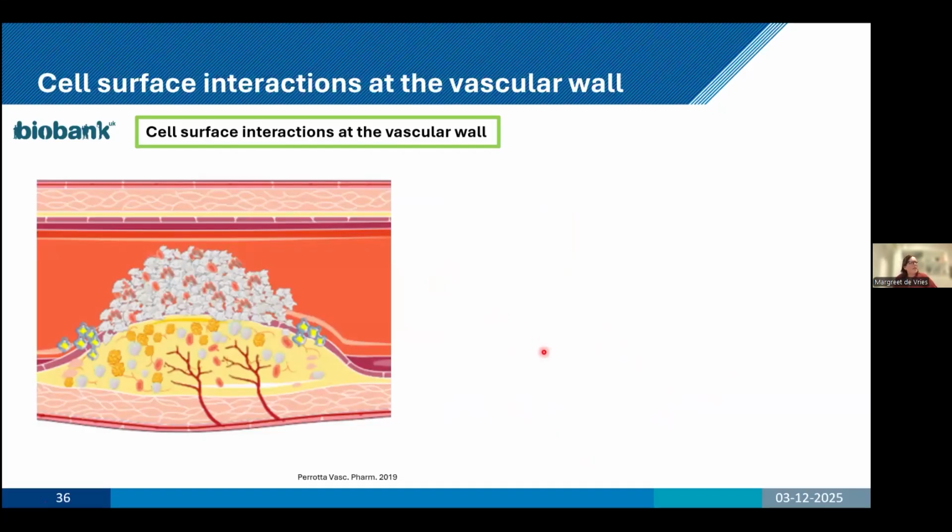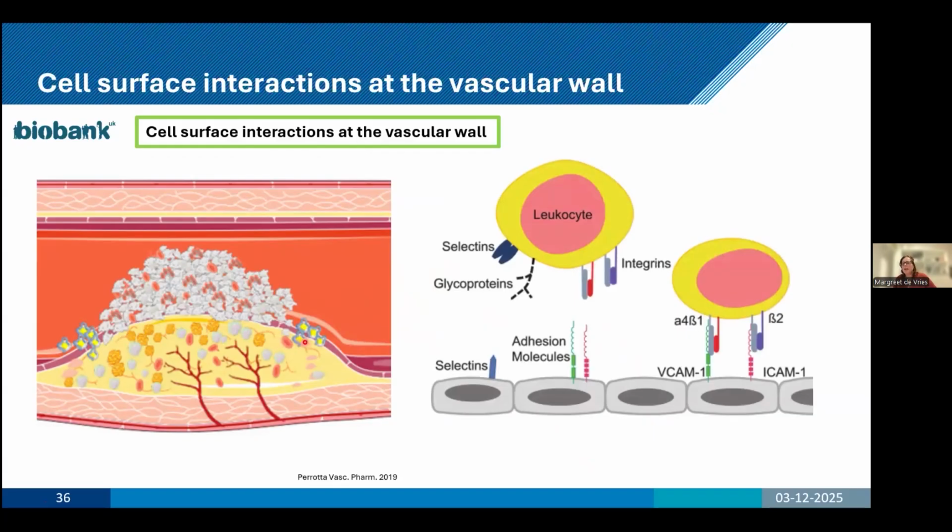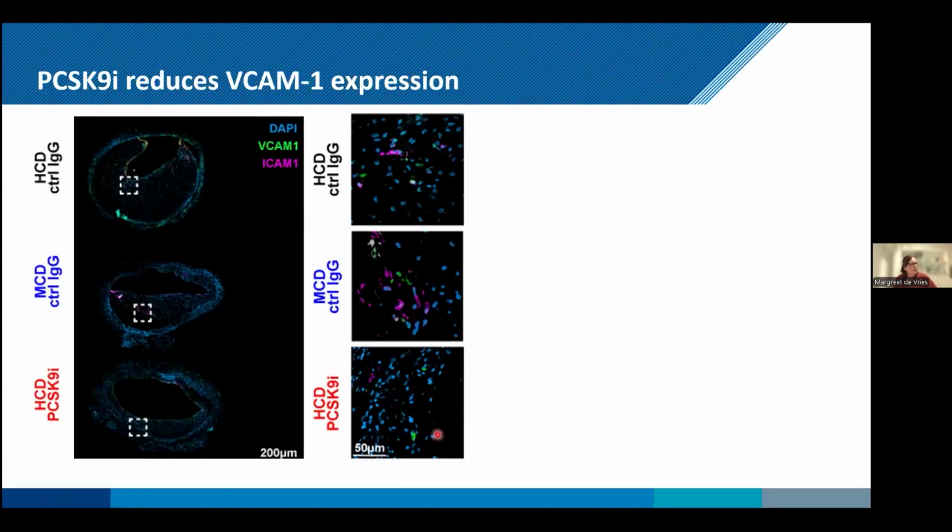Why is this interesting? Because most of these interactions of neovessels with immune cells in the surrounding are related to the combination of integrins on the leukocytes and adhesion molecules like VCAM and ICAM on the endothelial cells. So we studied this in more detail. We stained for both VCAM and ICAM,